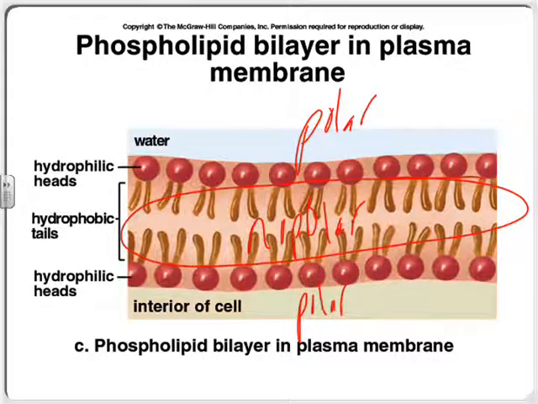Now, important point, and we'll come back to this, maybe not today, but next time. Even though the phospholipids are bipolar, by far, what's the biggest part of the cell membrane? The polar part or the nonpolar part? The nonpolar part. And that turns out to be real, real important. And we'll get into why it's important next time.